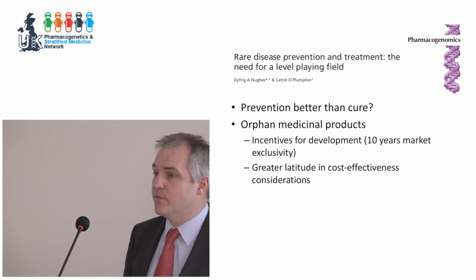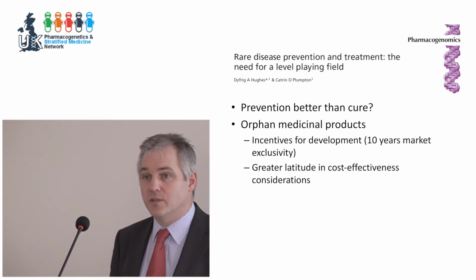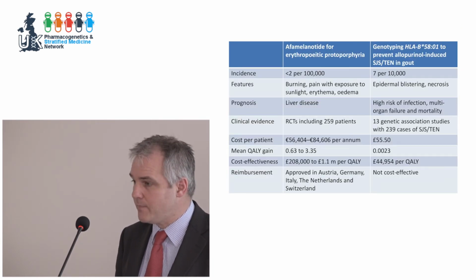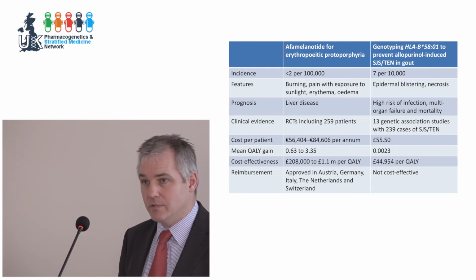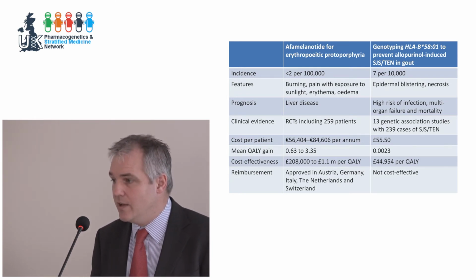And when treatments for rare conditions are approved, they are given greater latitude in assessment of cost effectiveness by the reimbursement authorities. And so what I did was to compare the features of a treatment for a rare condition with genotyping to prevent a rare condition from occurring. And the examples given here,